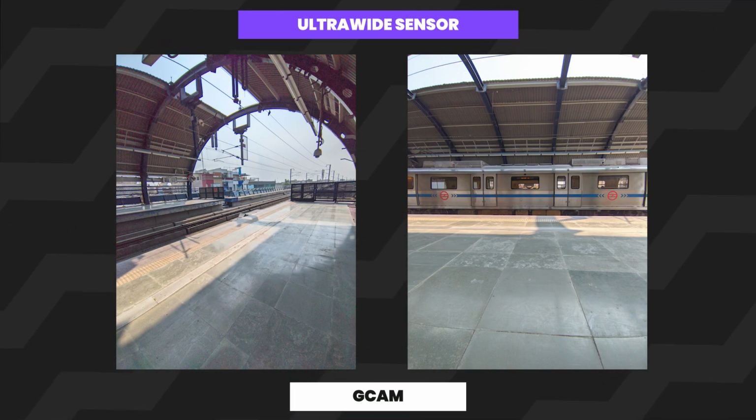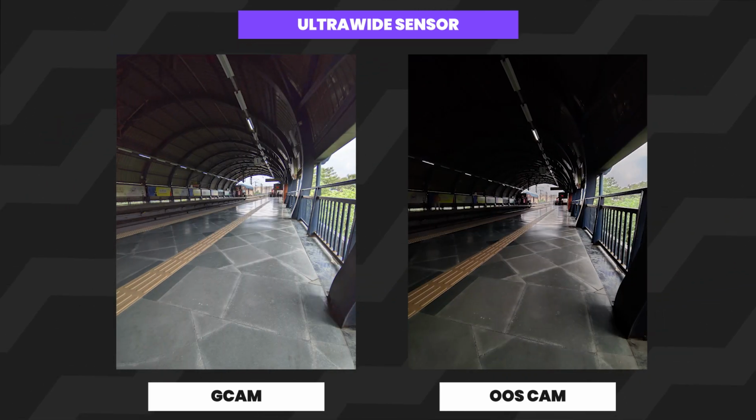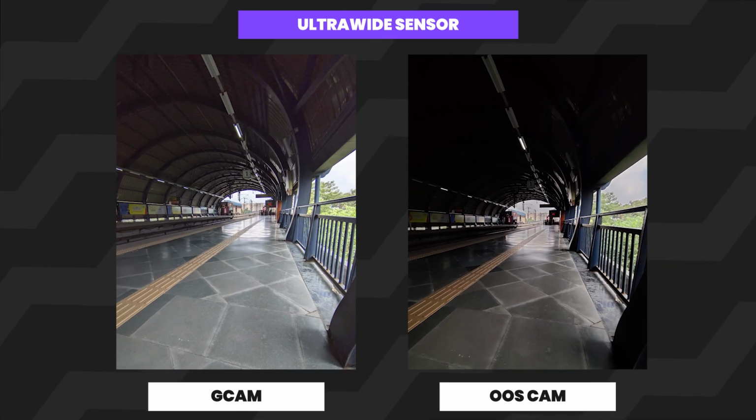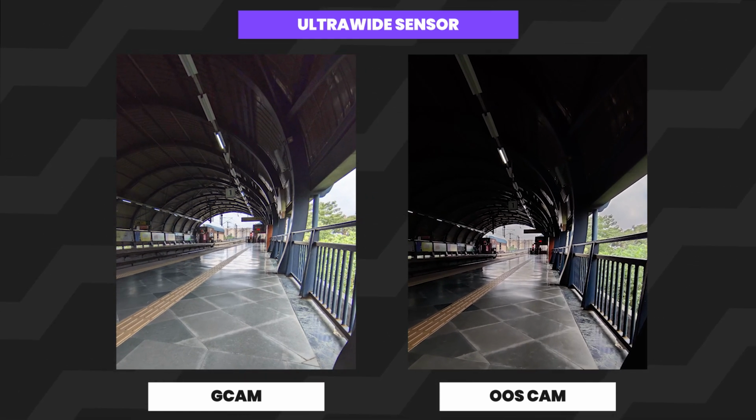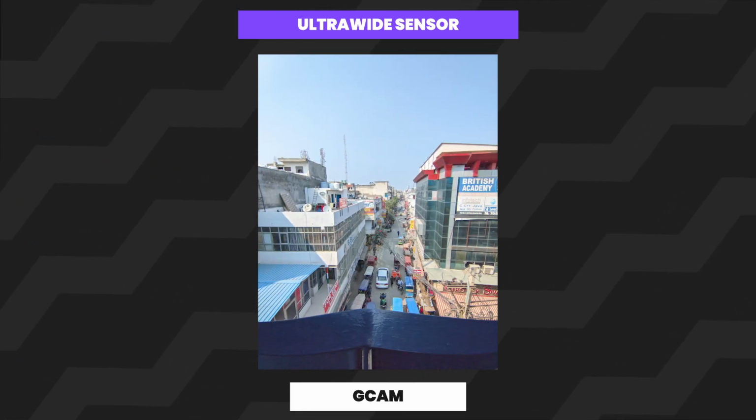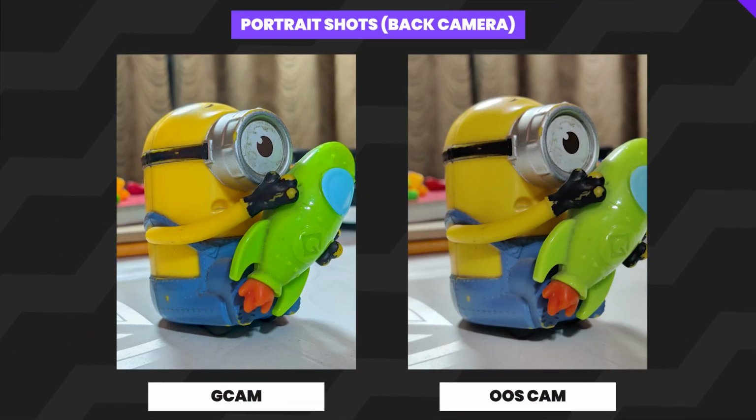Now let's see some ultra wide shots. Again, the photos from Gcam are absolutely gorgeous, and the same pattern follows here also. The Gcam photos are much closer to what the actual scene was, and the details are retained quite well also. The photos from Oxygen OS Cam again have more contrast with less saturation and details, especially in the darker areas. Now I'm not going to compare the telephoto images because the telephoto shots are just regular cropped photos from the main camera. So now let's move to the portrait shots.